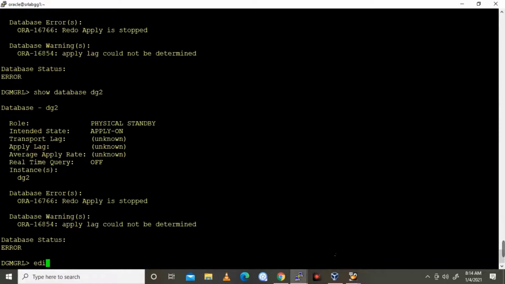Once the data file is restored, we don't need to recover or anything. We just start the MRP: edit database DG2 set state apply-on.